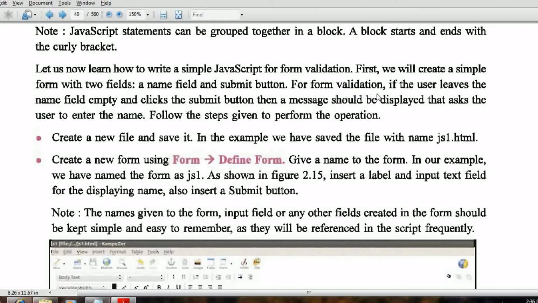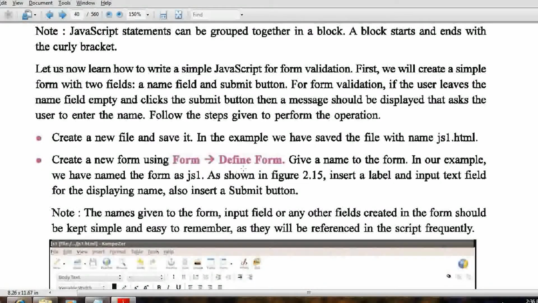For form validation, if the user leaves the name field empty and clicks the submit button, a message should be displayed that asks the user to enter the name. If a person does not enter the name and tries to submit the form, it will show an error message.